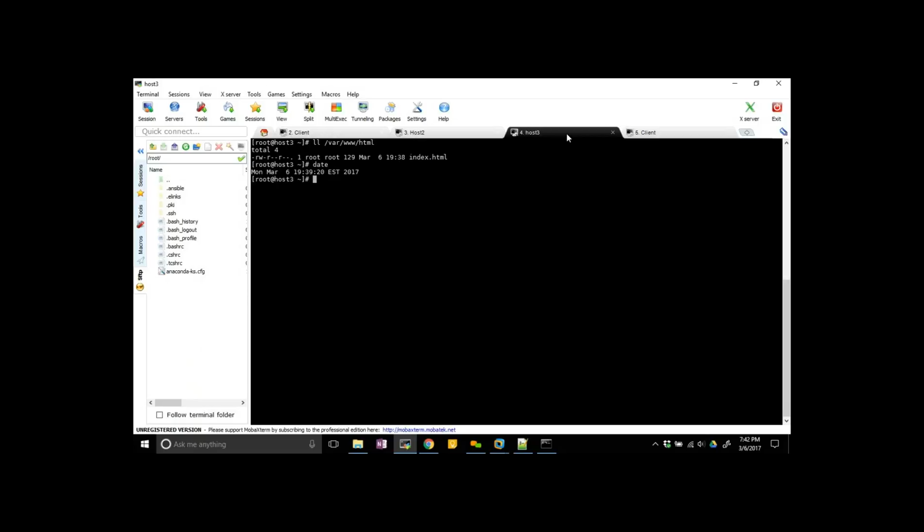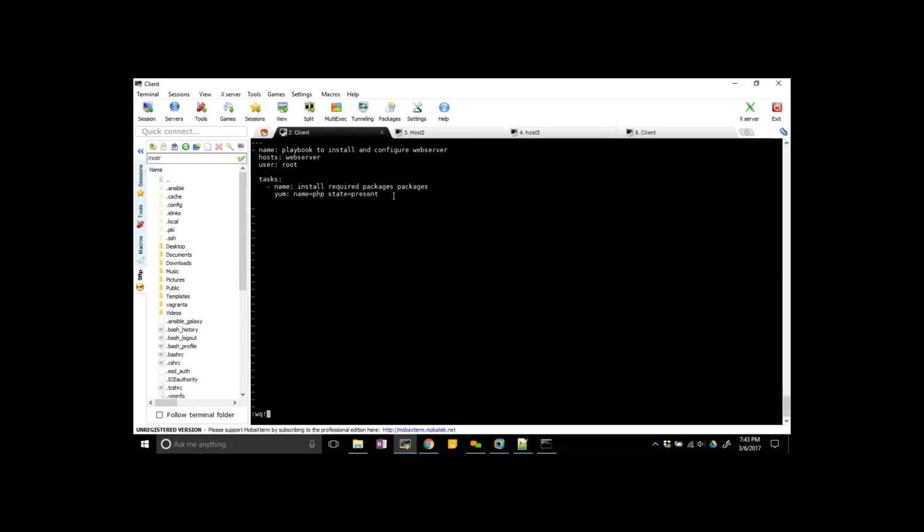Let's see, do we have PHP here or not? rpm -qa is the command to list all the packages. From this I am checking for PHP. So there is no PHP installed on this. Okay, and let me check Perl. Perl is also not installed on this machine. So now I want to install Perl and PHP. With this command you can only install PHP. Let's run this file again.